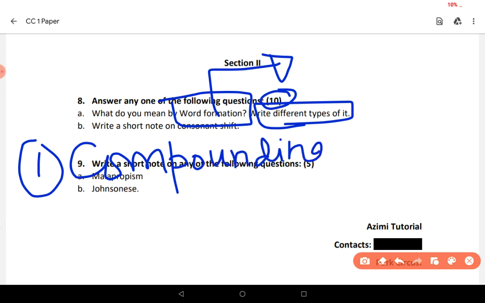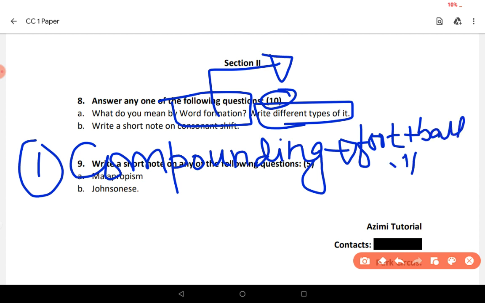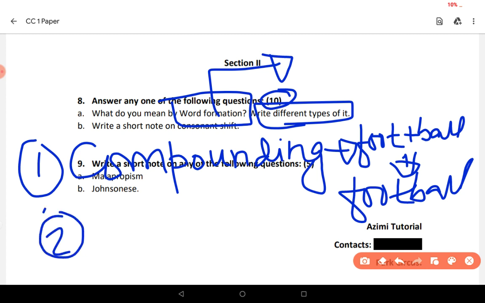Compounding is when you use two words and combine them to form a new word. For example, foot plus ball becomes football. Similarly, ice cream, footpath, baseball, overbridge. A lot of words are like that. Okay, mailman, fireplace. Just keep writing. I'm not explaining how these two words are combining, noun, noun, verb, what happens there. That you have to find on your own. All right. Next,